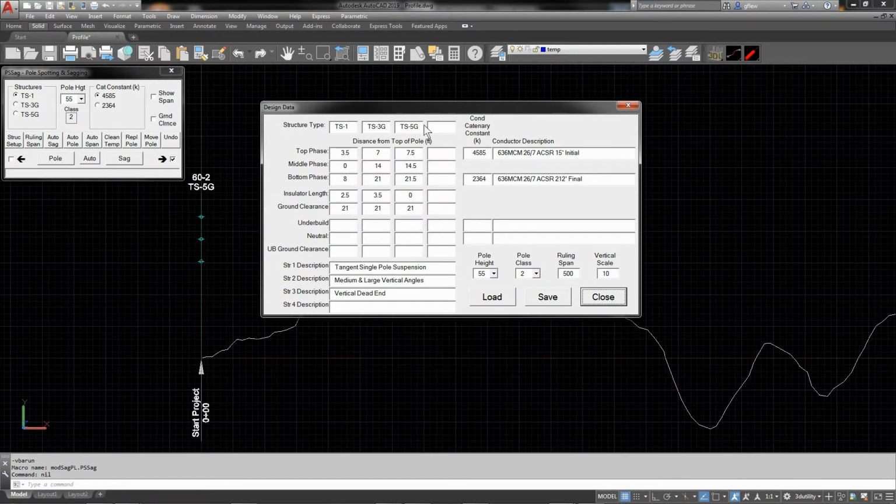It has the capability to define 4 different structures, and in this case we've used RUS TS type structure. So we've got a TS1, which is a tangent, a TS3, which is an angle structure, and a TS5, which is a vertical dead end. And then we can define here in each of these the distance from the top of the pole to the various conductor attachment points. This is a crossarm structure with insulator string, and then we have a ground clearance,